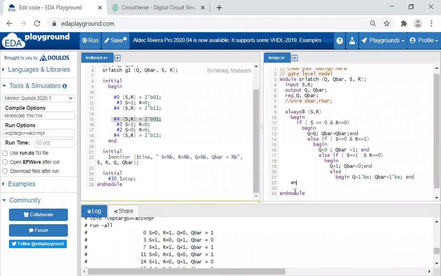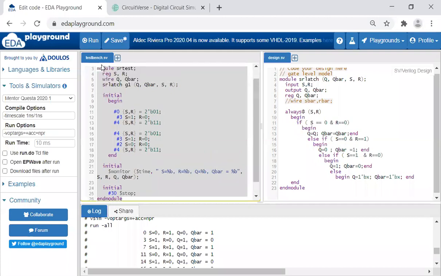This type of modeling style is the behavioral modeling style, written using an if statement. Now the same test bench will work. This is written for the SR program only. Even the module name is the same. So the same test bench, similar to what I've written for the previous examples, I've retained it. The same thing will work. Let us see whether we'll get the output.